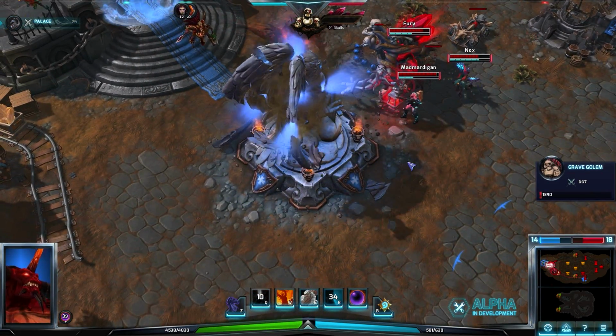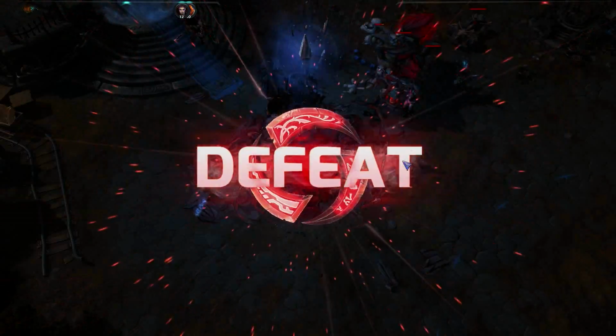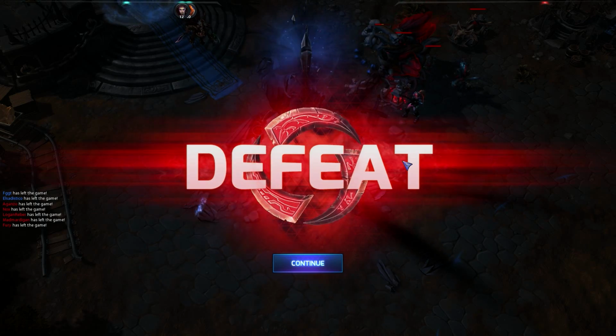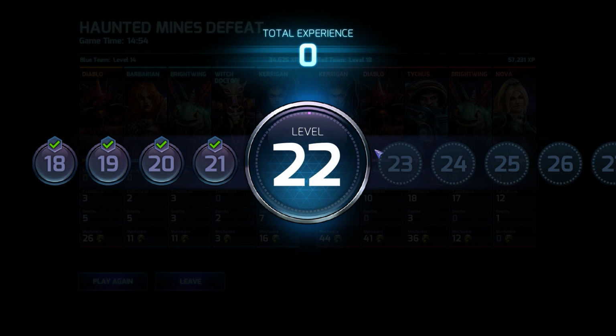And it's a good game. It's already over. So yeah, we lost spectacularly. So there you go. Defeat. That's Diablo. He sucks, basically. Even the Diablo on their team did like nothing. I think the most he did was stun me in the mines to get his other teammates to kill me. So